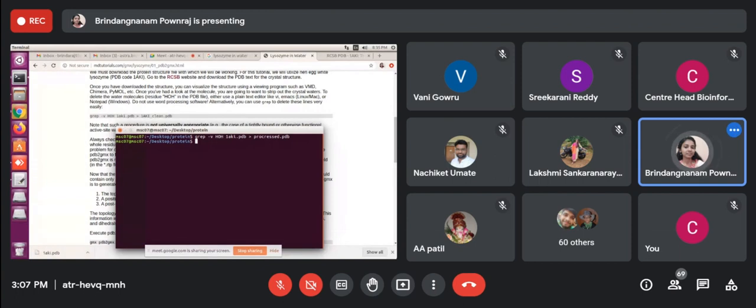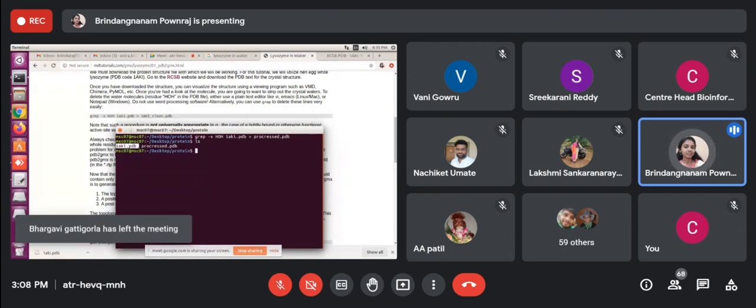So it's done. If it goes to the next line like this, it's done, or else it will show an error. To see the output, I'm typing ls to know what files are there in the folder. So now we have our protein downloaded from PDB, which I saved before, and the processed protein, meaning the water-removed protein. Is it fine?